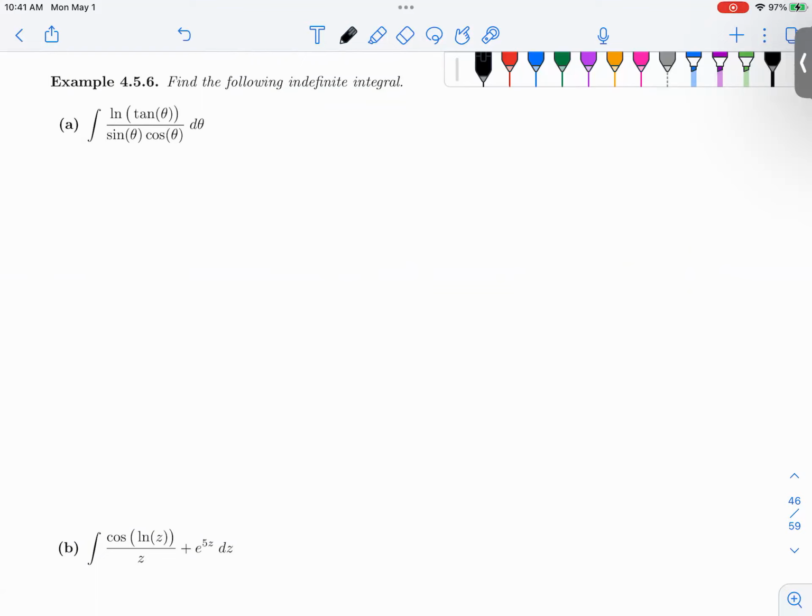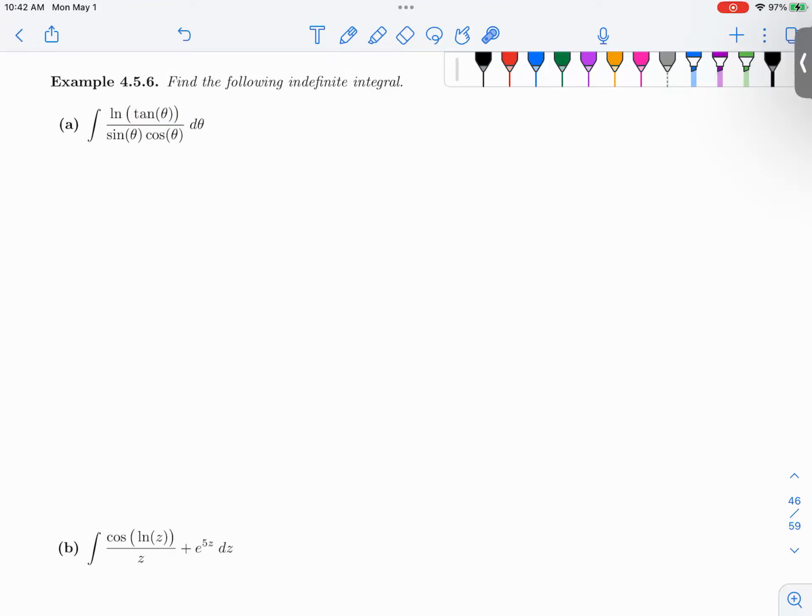The ln of tangent theta? Or just the tangent theta? Excellent thought at first. Excellent question, excellent point. So sadly, it won't cancel, because remember, this sine over cosine is on the inside of the natural log, so it won't cancel with those things because it's